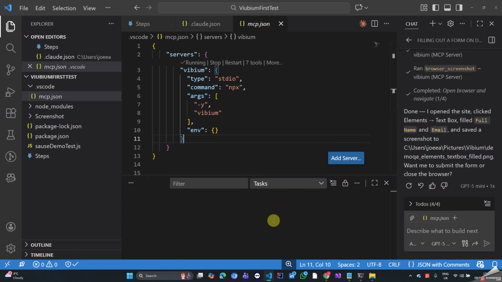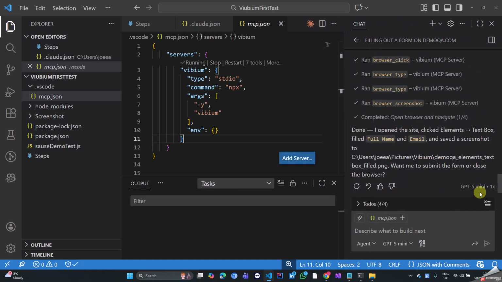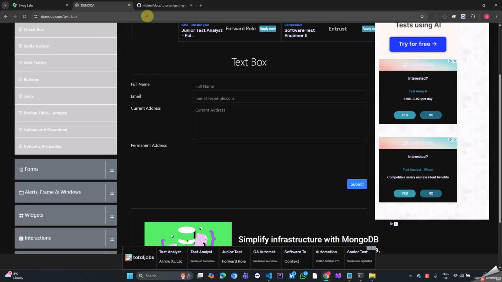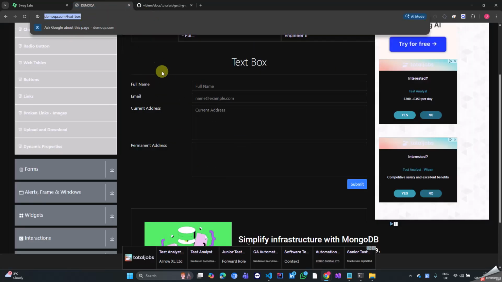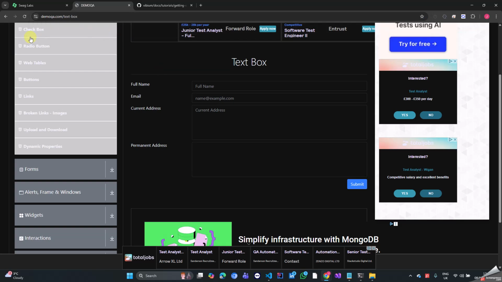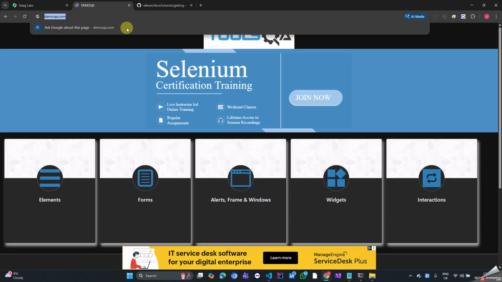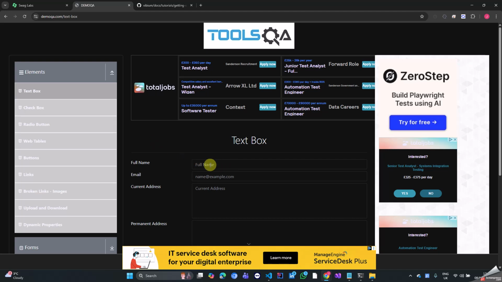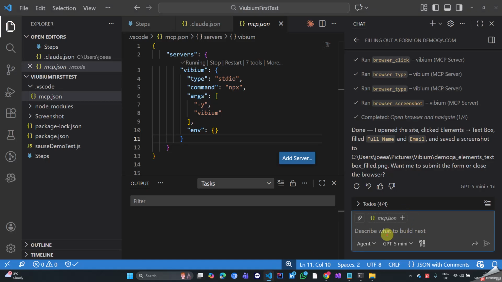The next thing I'm going to do is prompt the AI over here in GitHub Copilot and see what it's going to do. I'm going to tell it to navigate to, let's say, demoqa.com. I'll copy this URL here, and I'll tell it to click elements, and from elements click text box, and it will enter the full name and email. So I'll say go to this URL